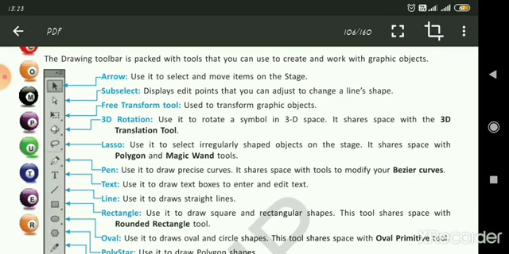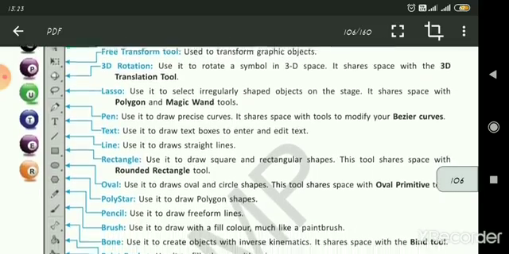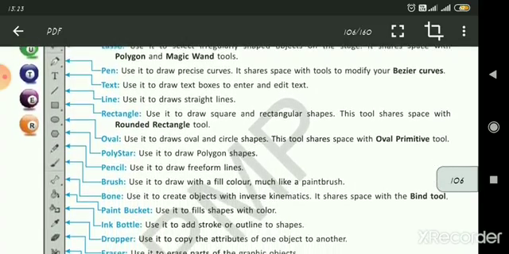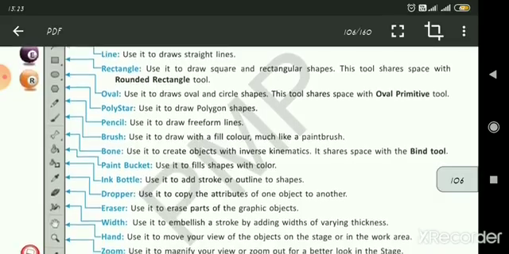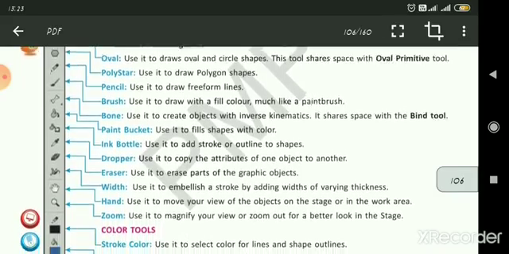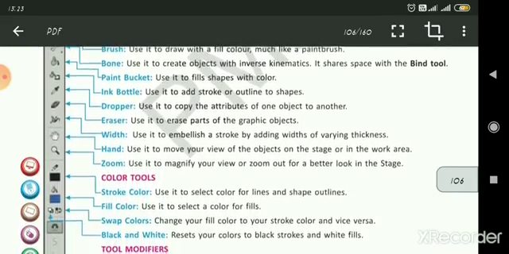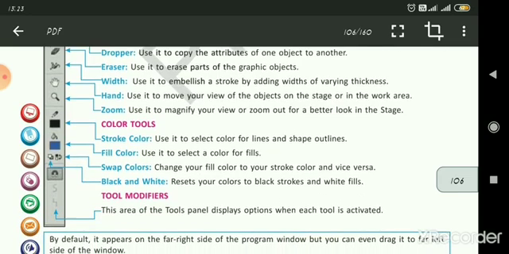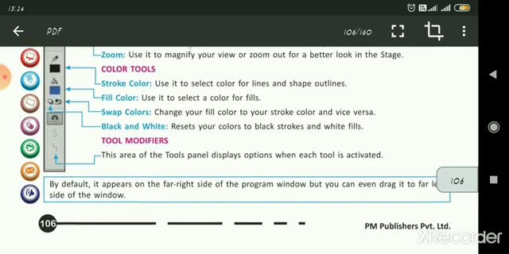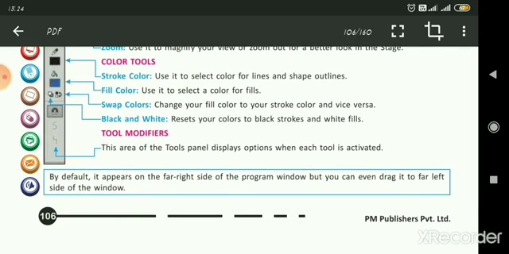In the previous video, I told you about these: 3D rotation, lasso, pen, text, rectangle, oval, polystar, pencil, brush. Now some zoom, width, color tools, stroke, fill color, swap, black and white, and tool modifiers. This area of the tools panel displays options where each tool is activated.